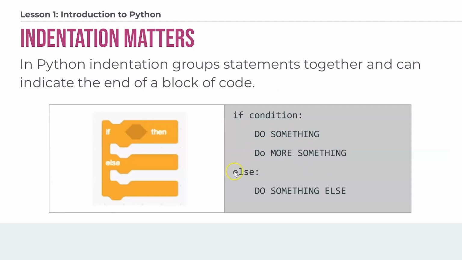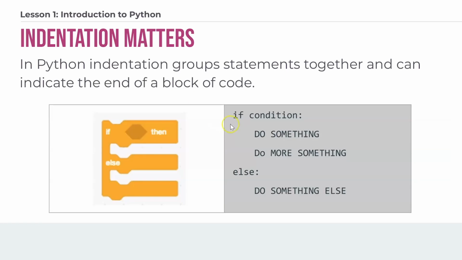So along with that, we also need to know in Python where a block of code ends. So in Python, this is where indentation comes in. Python is a language that was written and designed to be easy to read, but part of that means that we actually are using white space to control the flow of our program. So in Python, indentation groups statements together and it can indicate the end of a chunk of code,